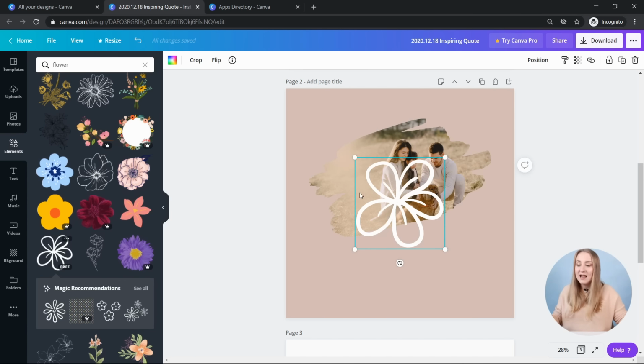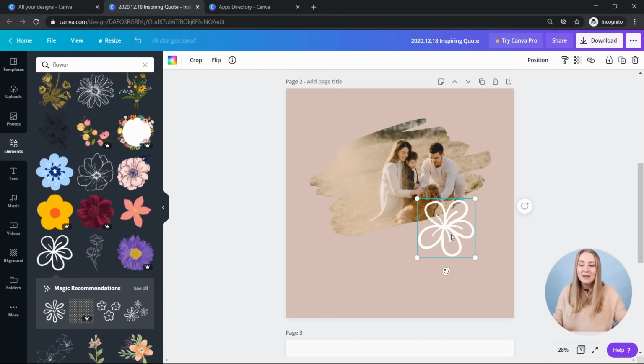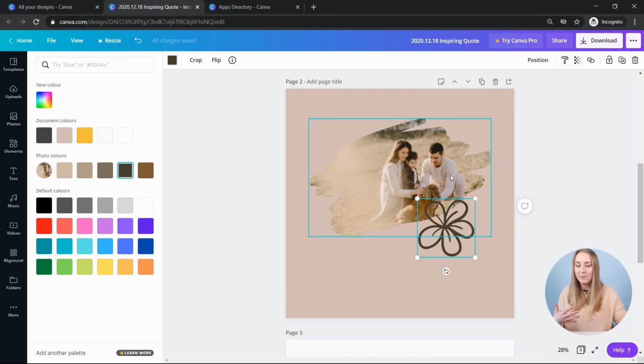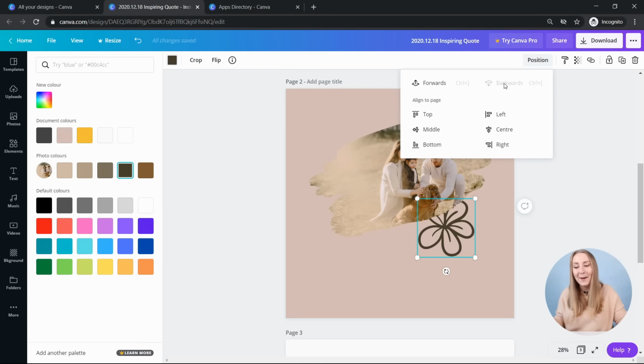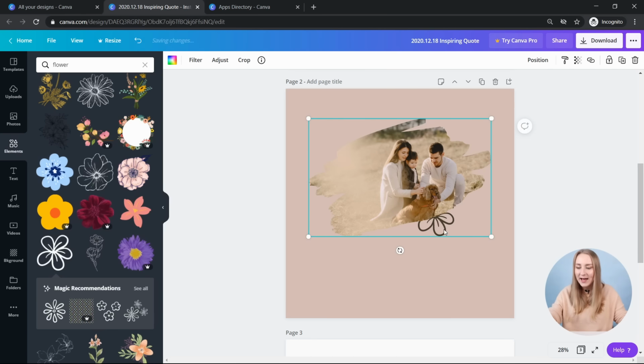Try to utilize as many of those elements in the design as you can, because that makes it a bit more fleshed out. It makes it look a bit nicer. Again, this particular one doesn't really go that well with this design, but it's just for the purpose of showing you what you can do with it.